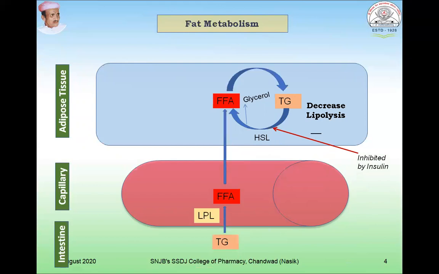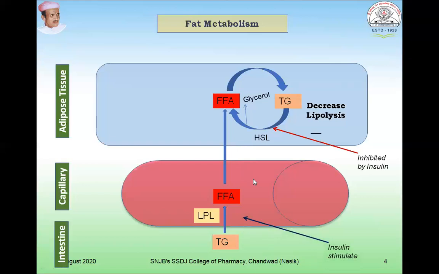Now, lipid absorbed from the intestine circulated in plasma in the form of triglycerides and free fatty acids. Triglycerides cannot enter adipose tissue. As such, they must be split by lipoprotein lipase. It is the enzyme which breaks down the triglyceride to free fatty acid, that is lipoprotein lipase, which is present in vascular endothelium and converts to free fatty acid and glycerol. Thus, free fatty acid can enter adipose tissue from triglyceride there.